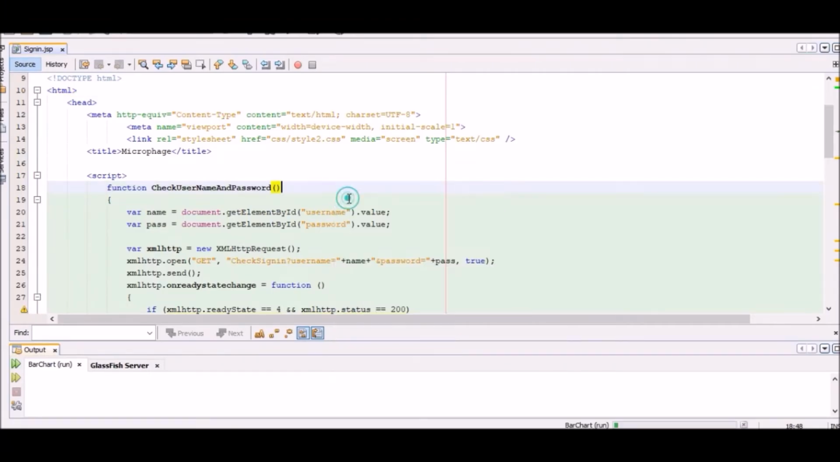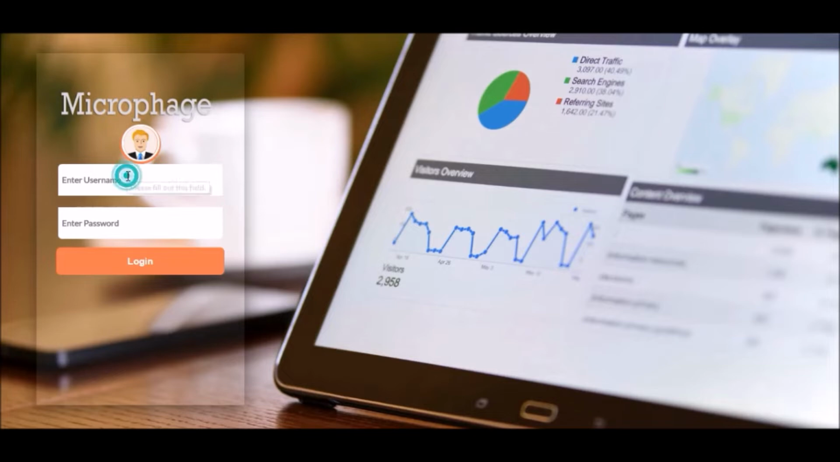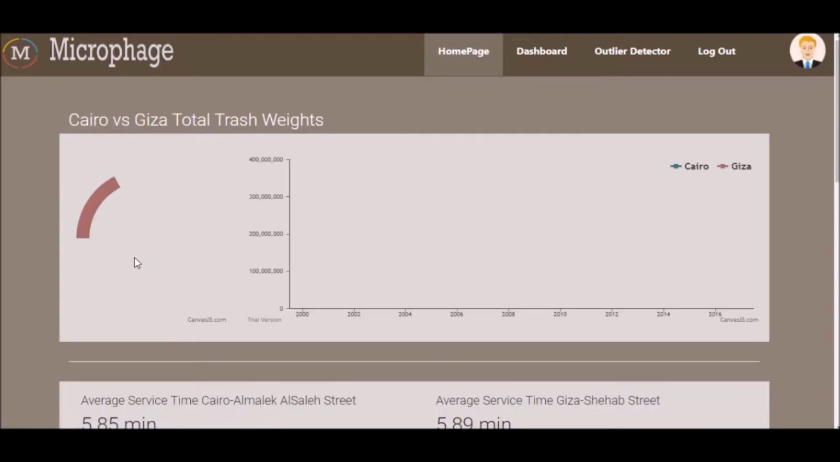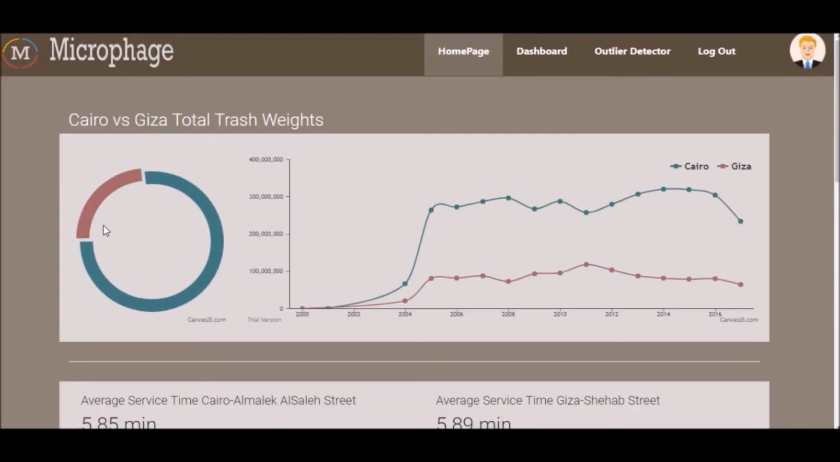We first run the project and the first page we get is a login page where I will enter my username and password. The first page that shows up is the home page, which contains a number of charts that give, like this